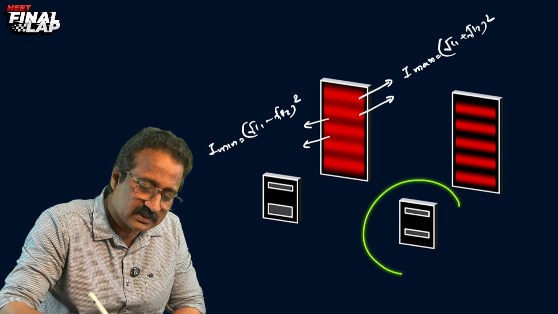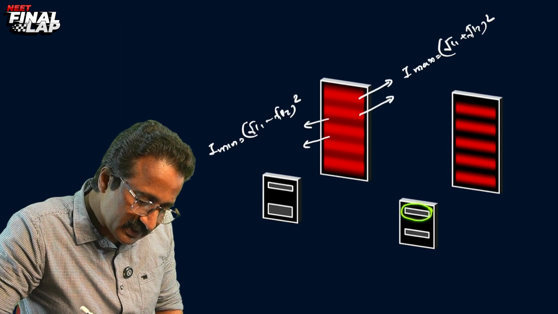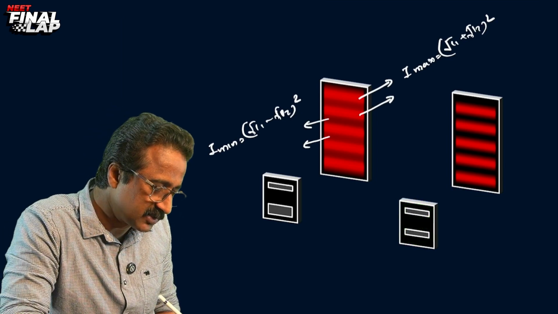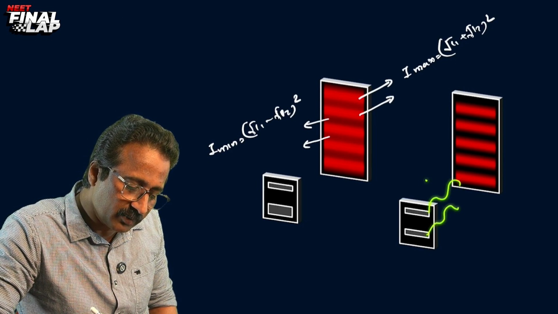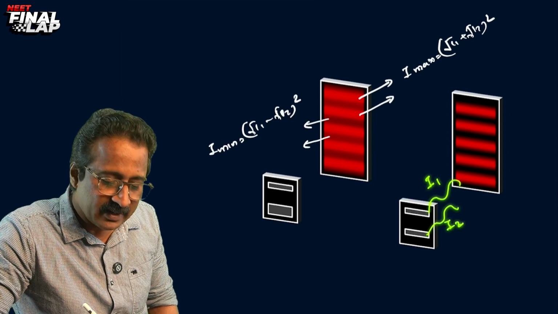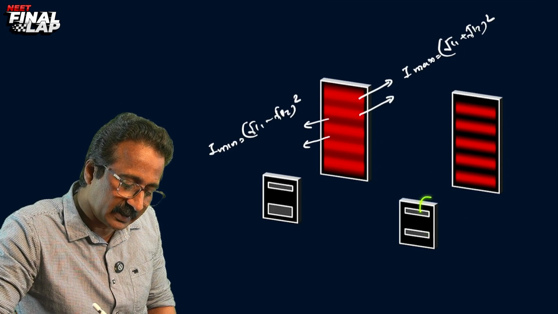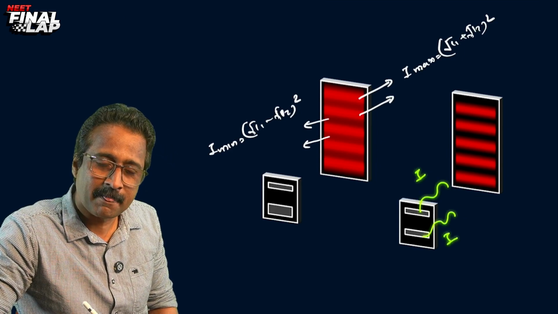You just look at the figure and see that these two slits are having equal width. If the slits are having equal width, certainly the intensity of light emitted by these two slits also will be equal. So this I1 and this I2 will be both same. അപ്പോൾ രണ്ടിനും നമുക്ക് I എന്ന് പറയാം. I'm just calling these two intensities as I. Suppose this is I and the other is I. ഇത് I ആണെങ്കിൽ ഇത് I തന്നെയാണ്. Then